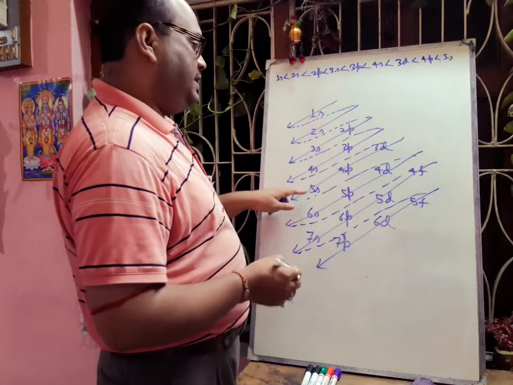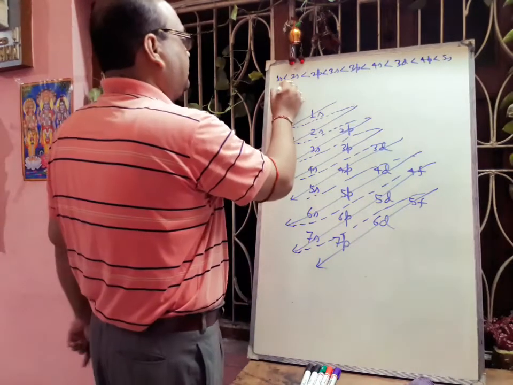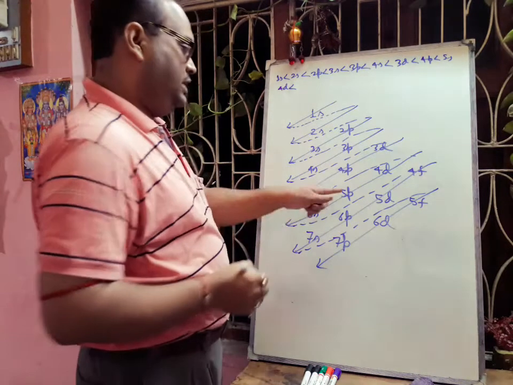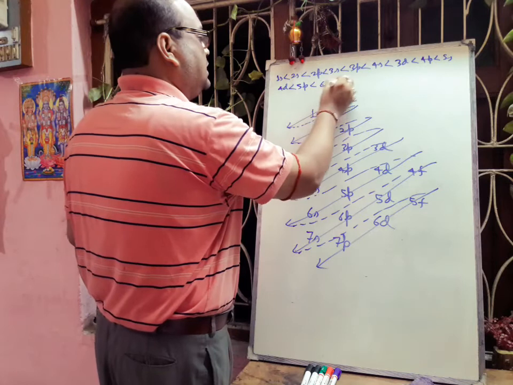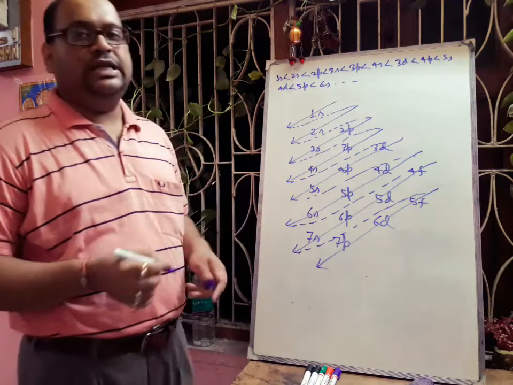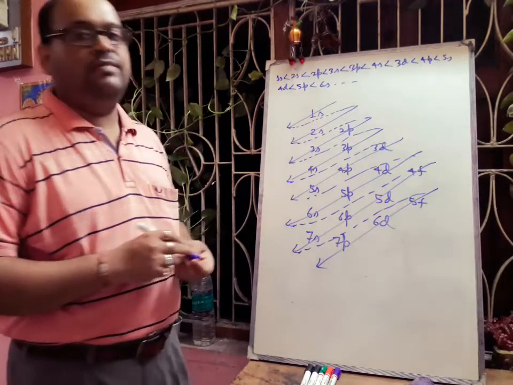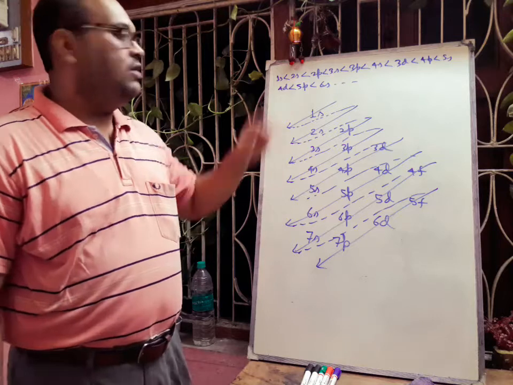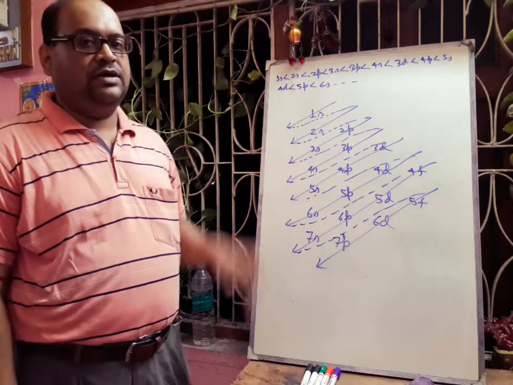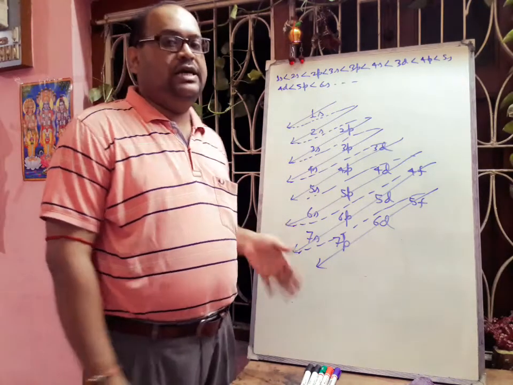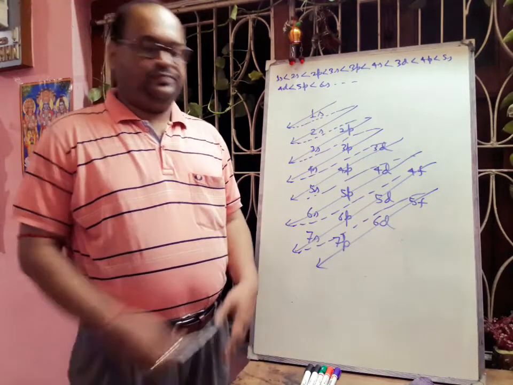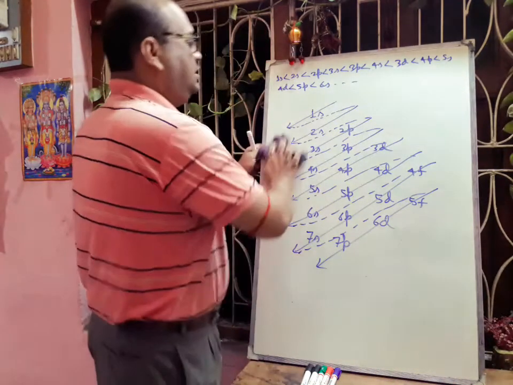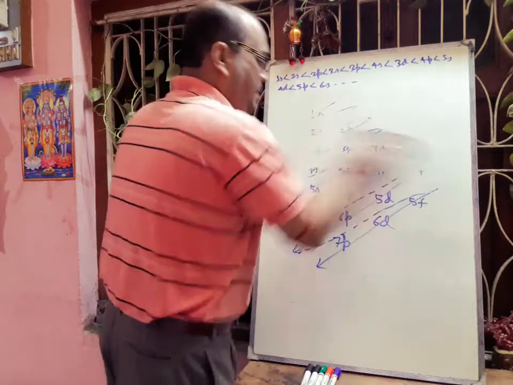Then after 5s there will be 4d. Then there will be 5p. Then there will be 6s and so on. In this way, if you do not want to remember the energy order of the orbitals, then you can draw this diagram and easily find out the energy order. That is a very good trick.